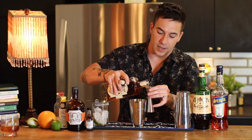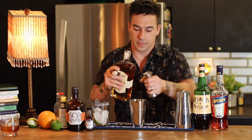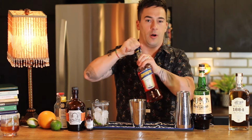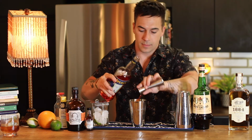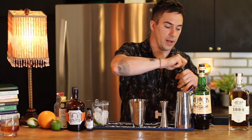Here's an ounce of our Uncle Nearest. This is Tennessee whiskey. And this is our 1884 Uncle Nearest. And then we're going to do 1 ounce of Aperol, Italian aperitif. Then we've got our Amaro Montenegro,